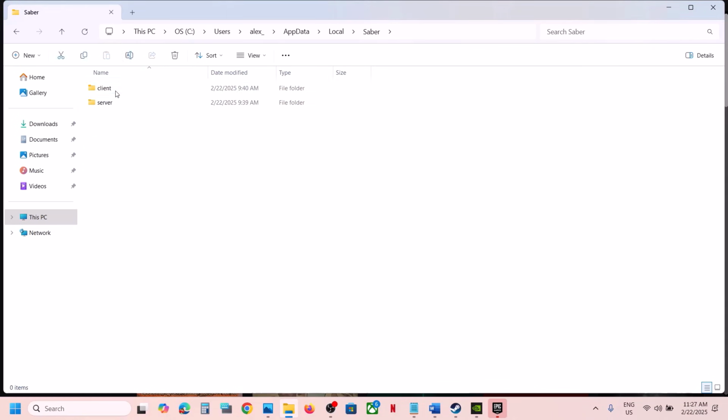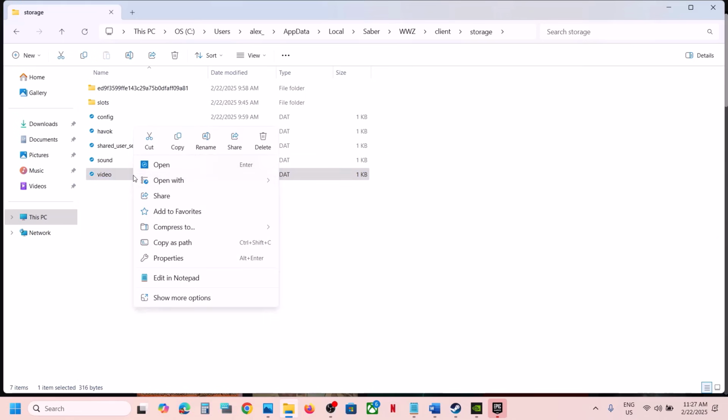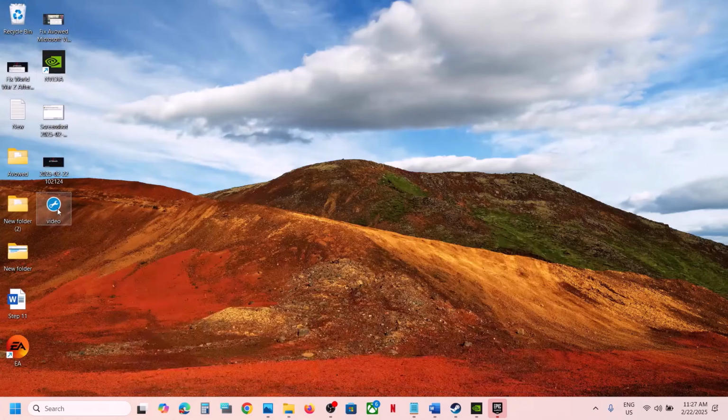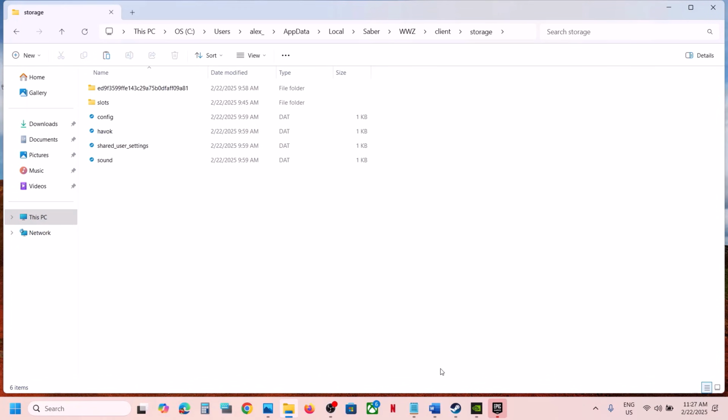Open WWZ folder and open the client folder and then open the storage folder and over here you can see this video.dat file. So before you delete it, you can just copy this. You can create a backup first. So you just paste it to the desktop. Once you have a backup, now you can delete this file, and then you can launch the game and then